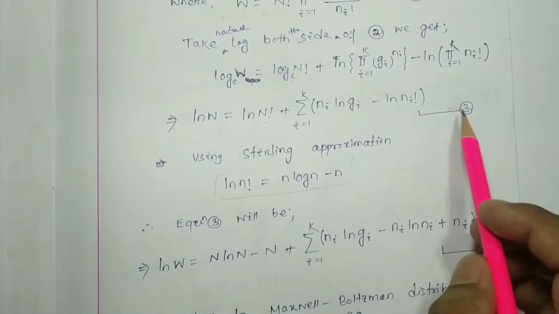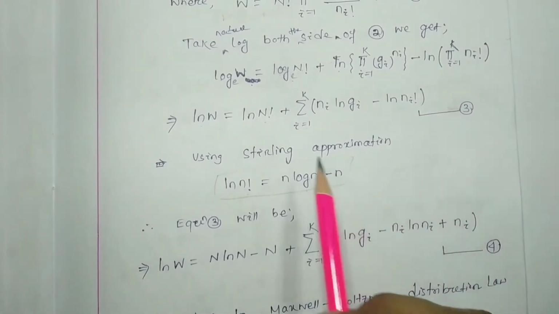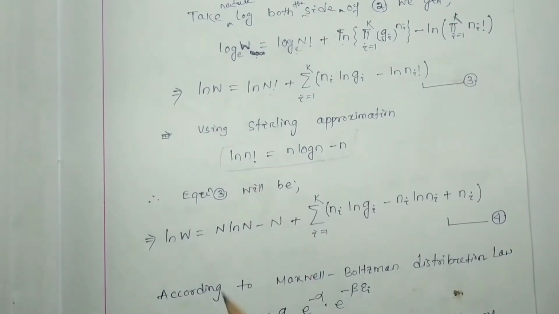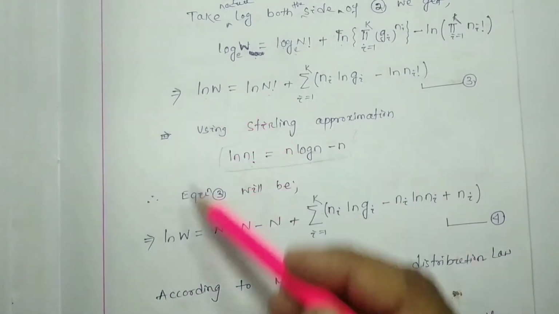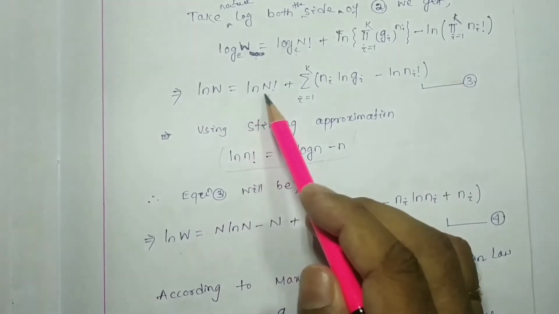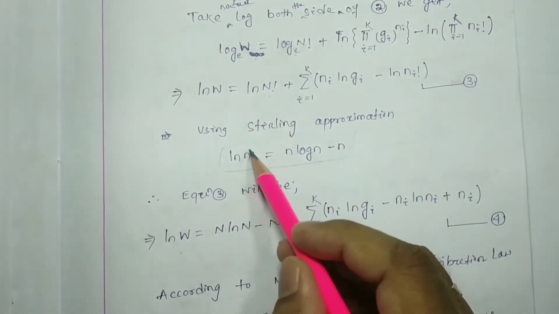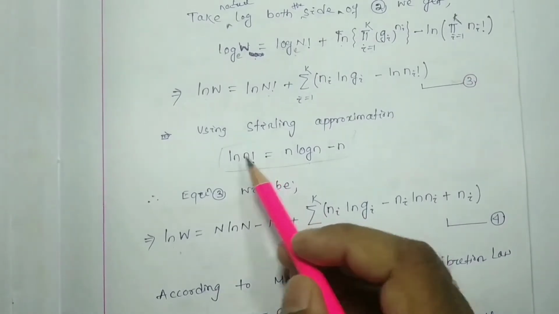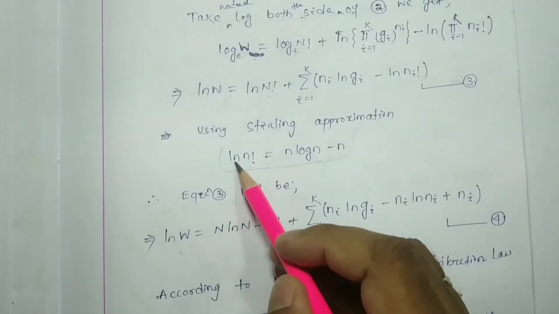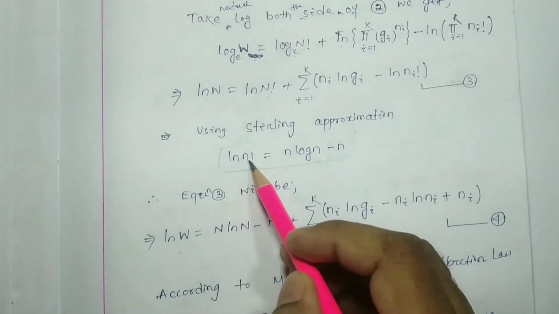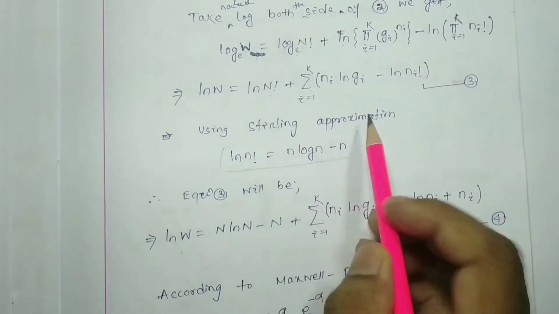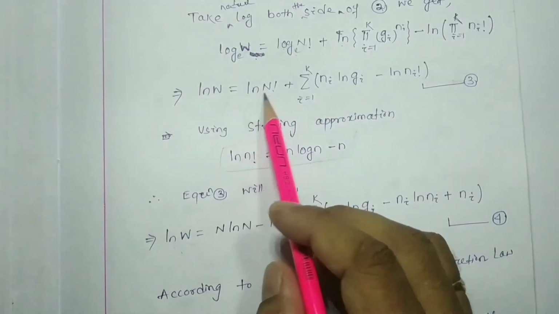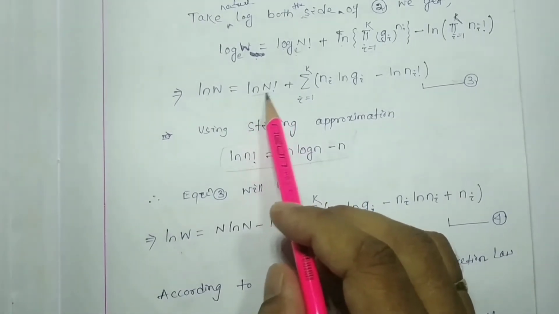Okay, so now equation number 3 is going to be modified by considering the Stirling approximation. How will it be? So ln w, left hand side as such, I have written this one, ln n factorial. See here n should be large. When n is large, its factorial and the natural logarithm of the factorial will be this one according to Stirling approximation. So here n is large, the total number of particles. So we have to use the Stirling approximation for this term.